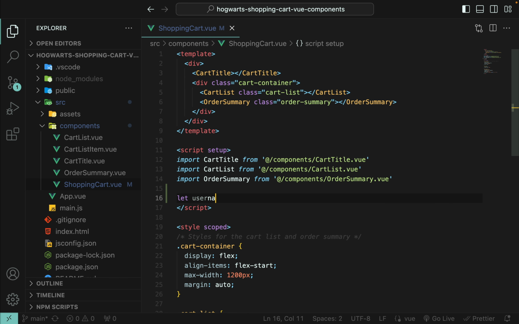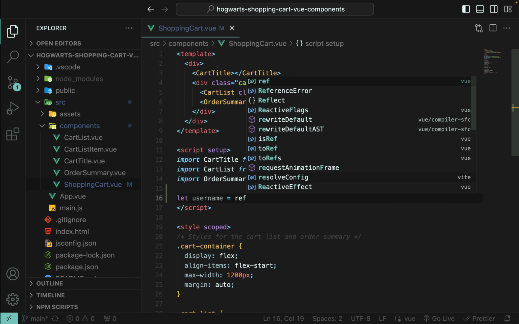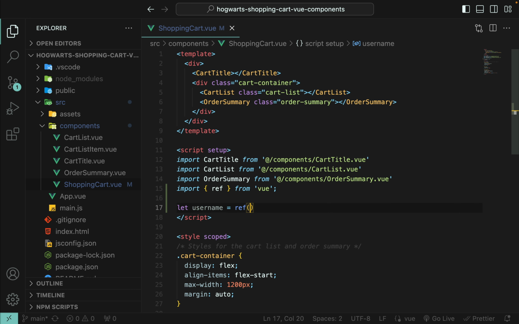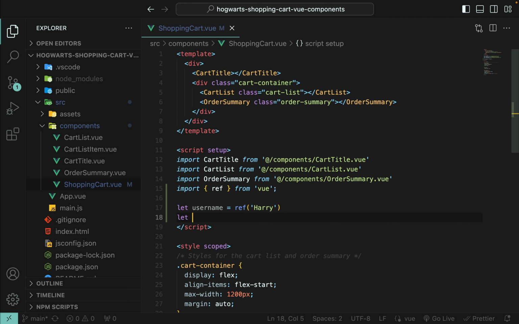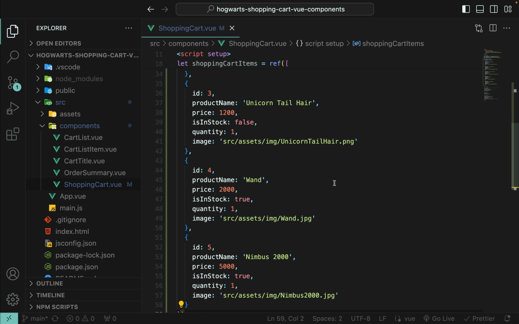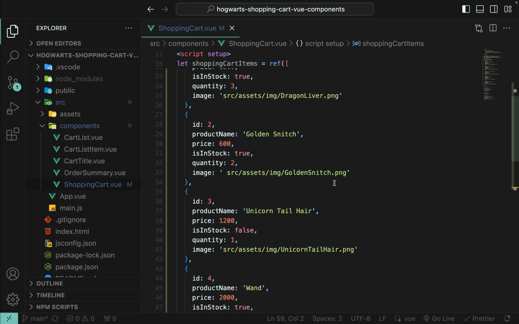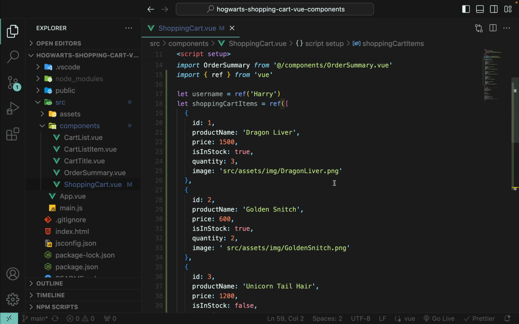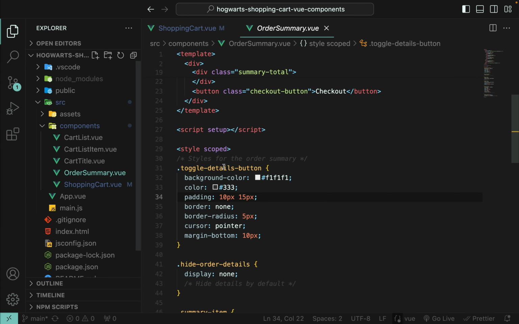Let username ref, and here is Harry. Let shopping cart items ref, and here it should be an array. Let me copy and paste the data into this ref method. Okay, so there are 5 cart items. Let's go to order summary